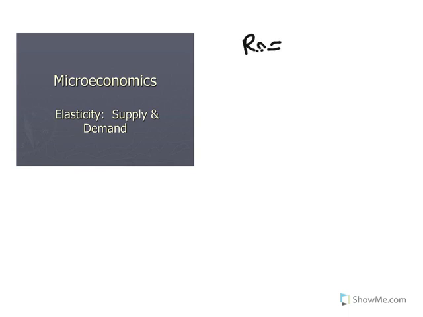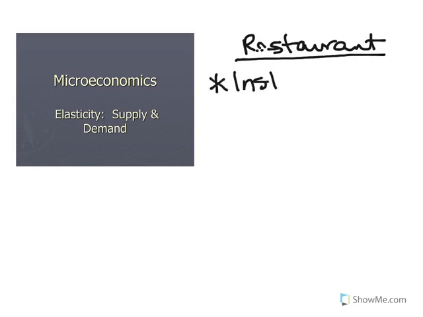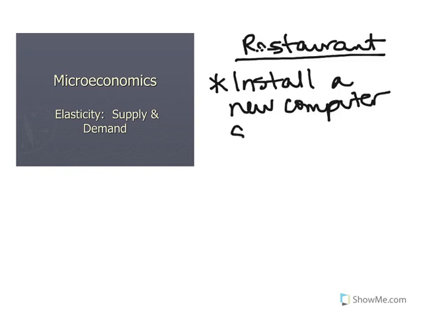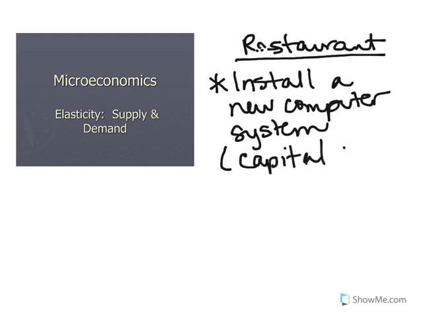Let's say that I currently own a restaurant. And suppose I notice that the ordering process is not very streamlined from the servers to the line cooks. Therefore, I want to install a new computer system that is going to streamline the ordering process. So of course we know that this is going to be a capital good. So it's going to be a capital cost to the firm